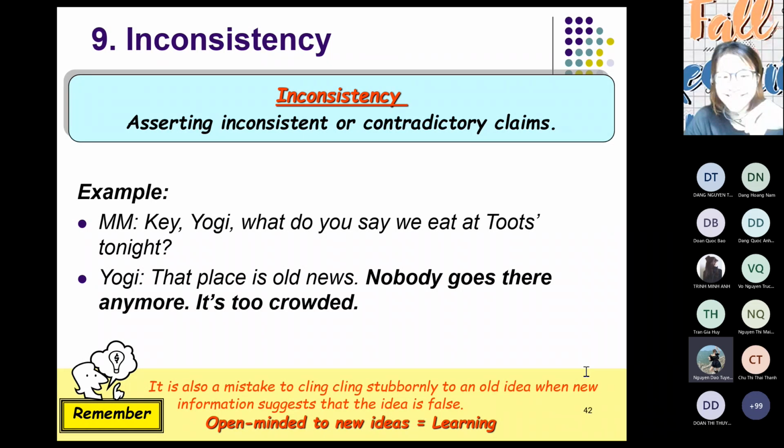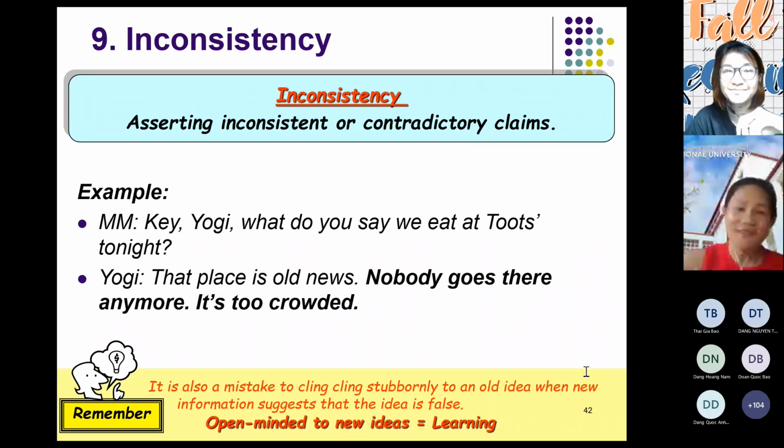9 types, all of them? Of course, 9. Very beautiful job. Now let's go. The first is